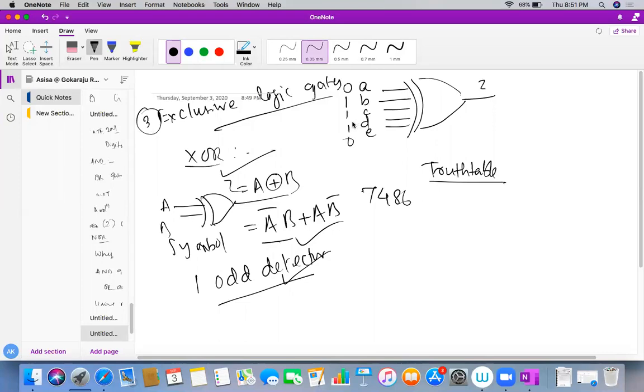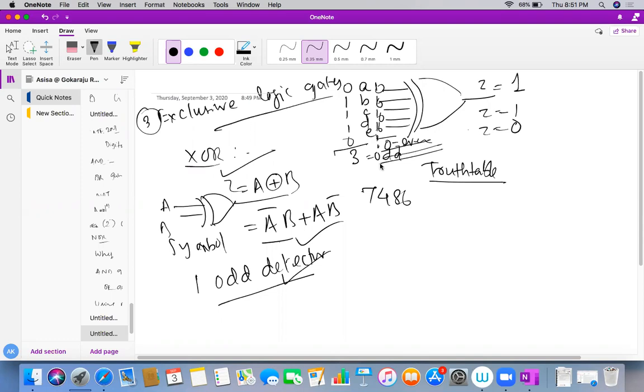Tomorrow we will see where else we can use it. Here the number of ones is 3, which is odd, so my output Z is 1. If the combination is all ones, 5 is also odd, so the output is enabled. Now if all are zeros, the number of ones is 0, which is an even number, so the output doesn't enable.